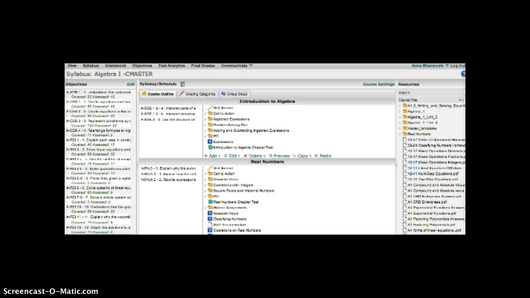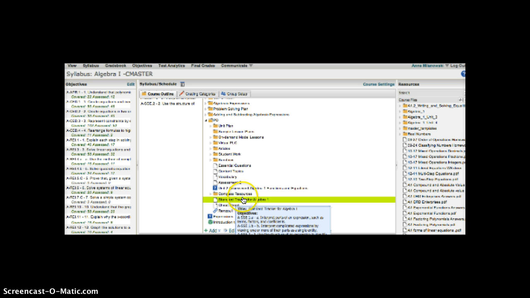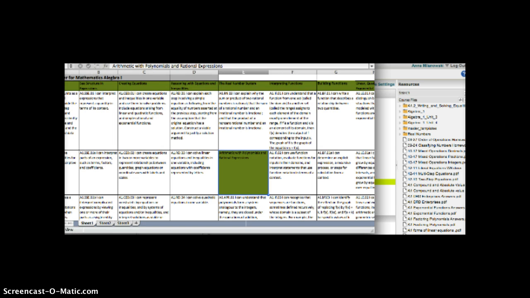Okay, so let's find these resources in your actual Buzz syllabus. We're going to look in Unit 1 in your PD folder. That stands for Professional Development. If you click the little white arrow next to the folder, it will open up. The first thing I wanted to highlight is the Standard Tracker. You'll have a tracker in your math class too, regardless if it's Algebra 1. To preview this tracker, simply click the tracker title and then click Preview. What you'll see